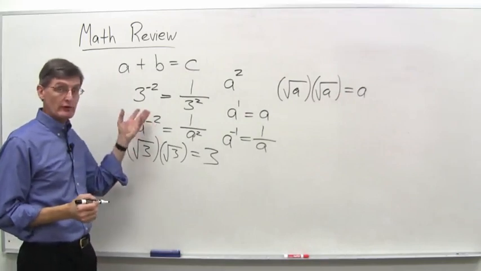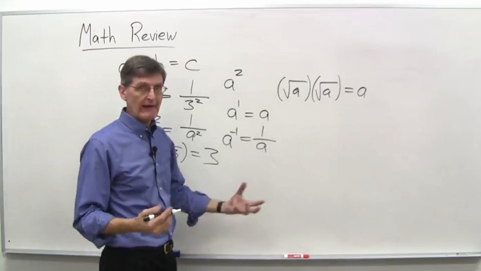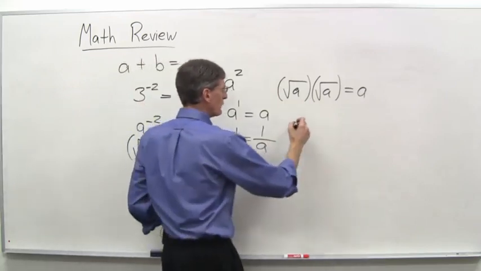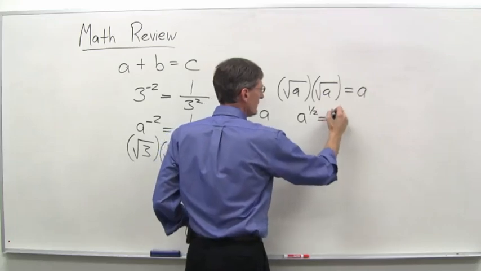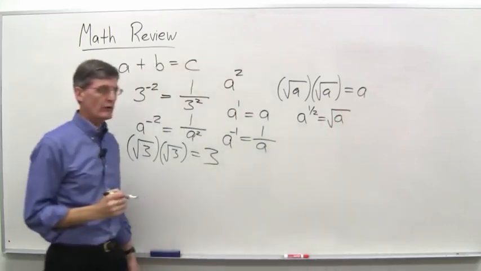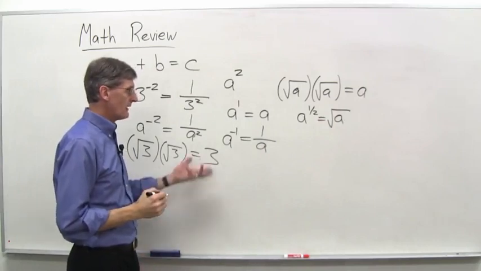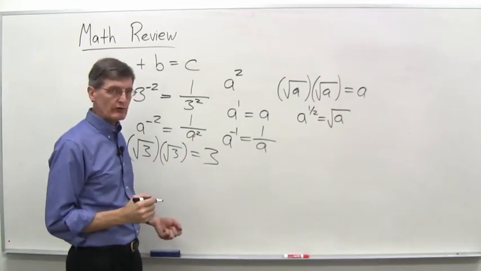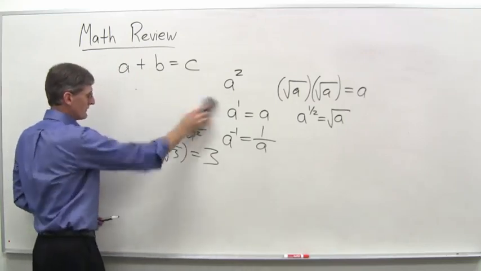In exponent notation, instead of using the square root radical sign there, we sometimes write this as a to the 1/2. So a to the 1/2 power is the same as the square root of a. One reason this works is if you do something like this,